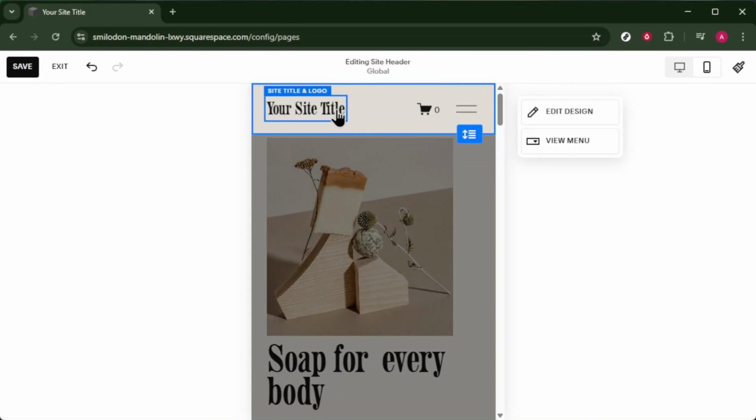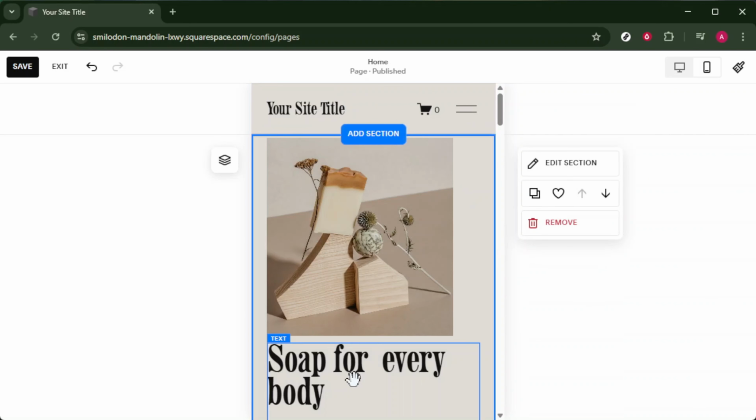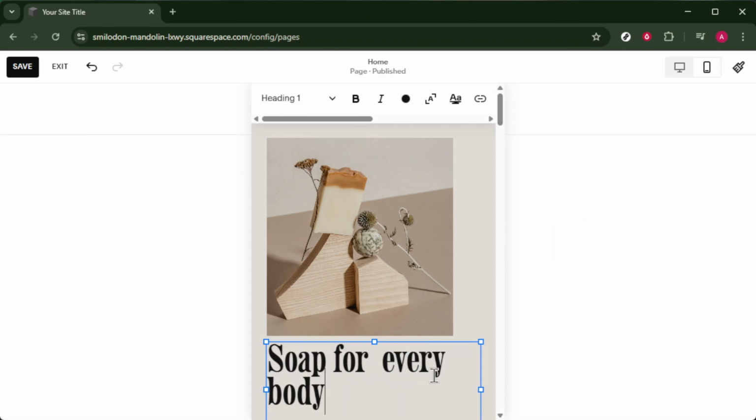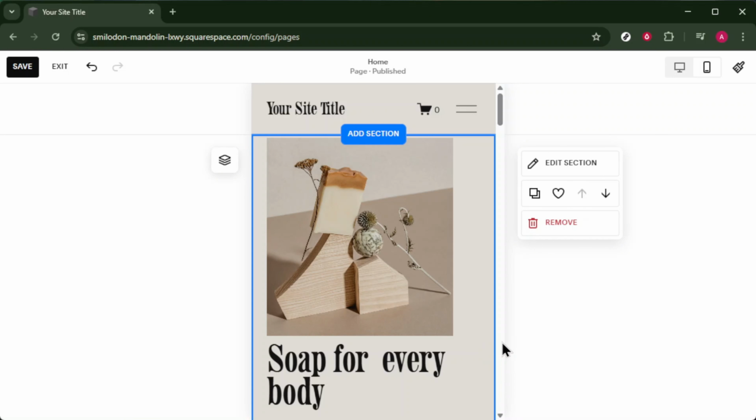As we navigate through these adjustments, remember that changes made in phone view do not automatically carry over to desktop view and vice versa. This separation means you have the ability to